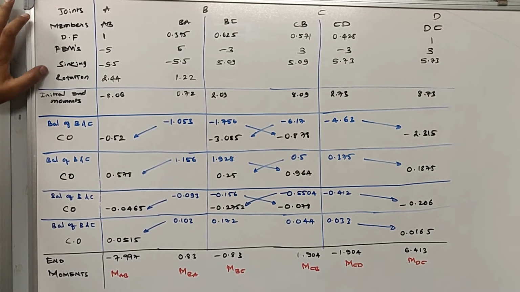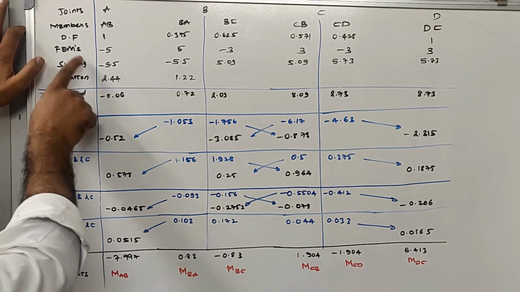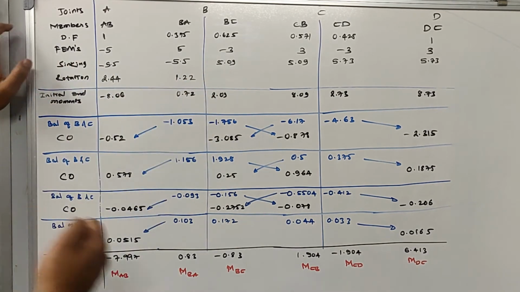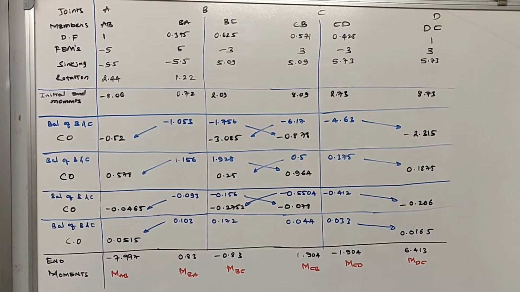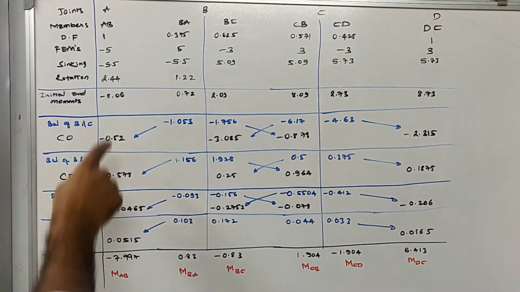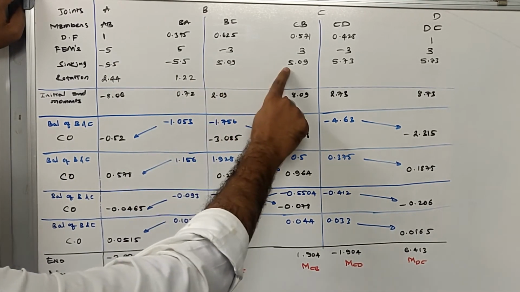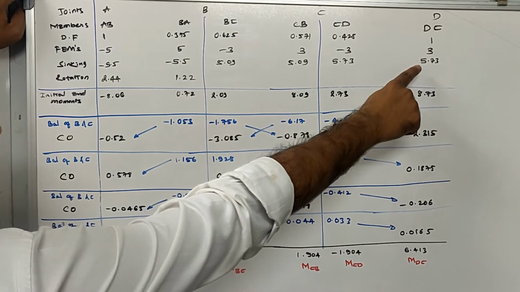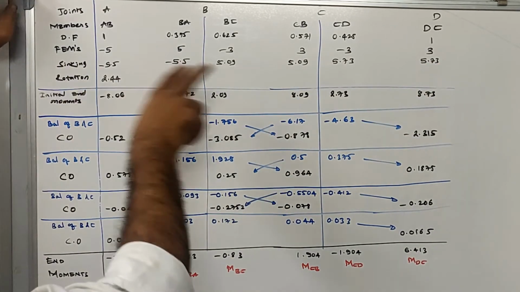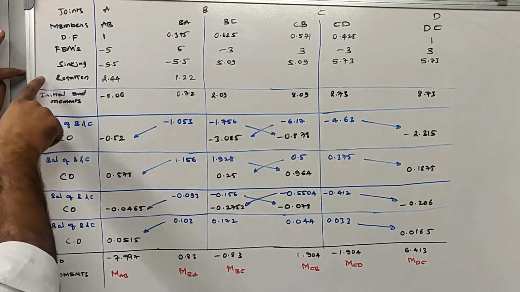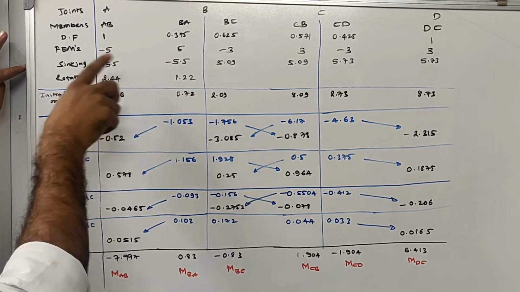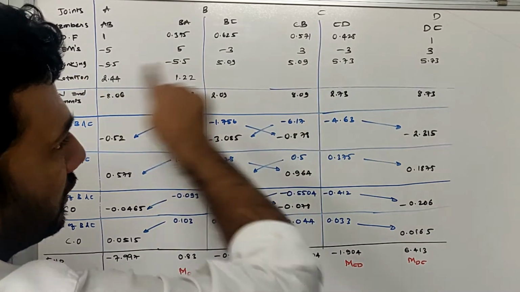There are two others that I have included, one row called sinking, the other called rotation. Whatever moments I calculated earlier because of the sinking are to be written here. I have calculated the moments due to sinking for AB, BA, BC and all of those. I hope you remember that we had solved for M' AB, M' BA, M' BC, M' CB, M' CD, M' DC, right? I hope you remember how we solved this also. Previously we have solved it.